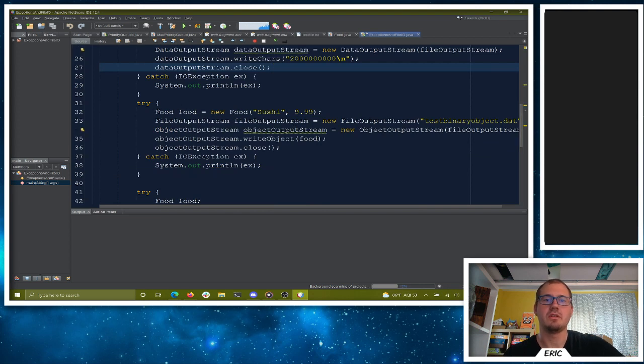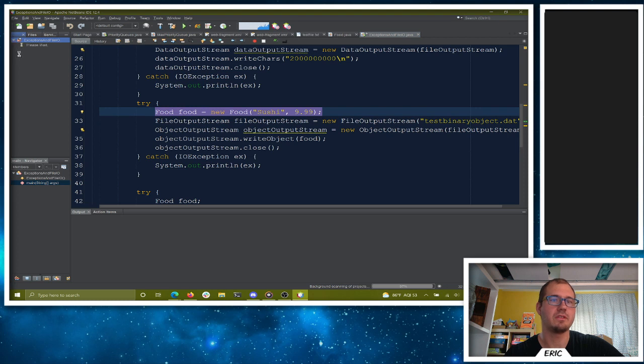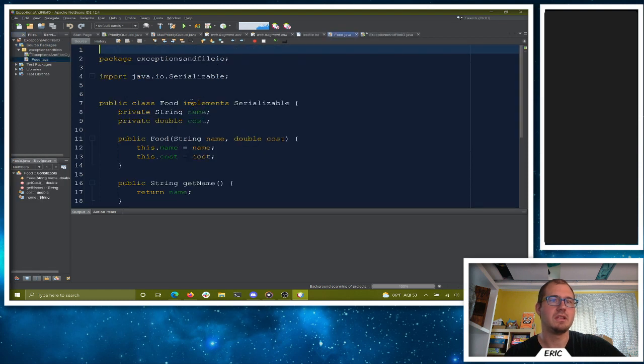And then we looked at serializing a class. So we can make an instance of a class here. We wrote a little class for food. I could go for some sushi again. That was good. If your class implements Serializable